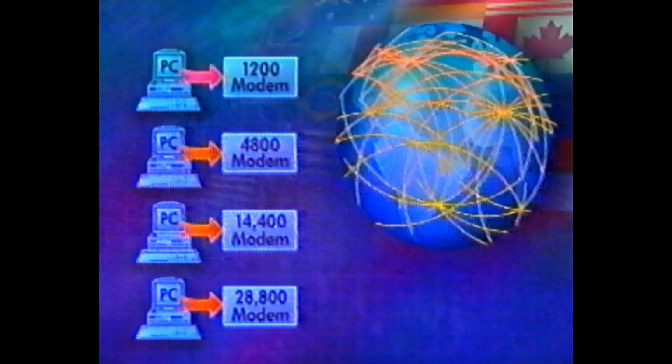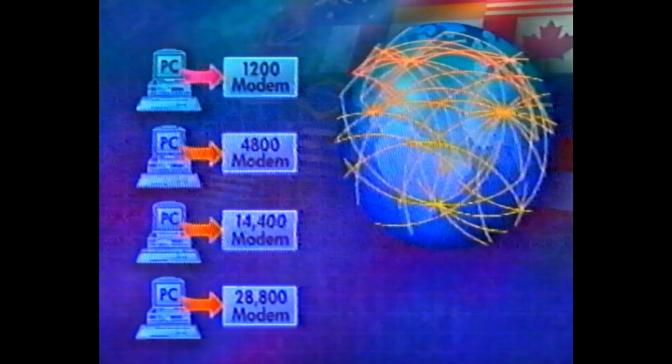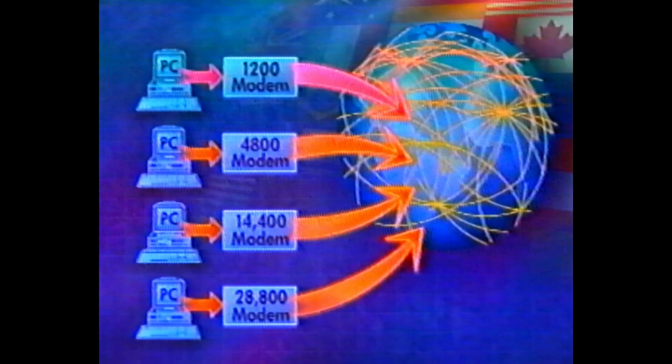We need a modem to connect to the web. How fast our modem can convert information between the web and our computer will determine whether we have to suffer long, excruciatingly slow jumps between web pages, or whether we have the ability to leap around continents with lightning speed. Modems come available in several different speeds or baud rates, 1200 baud and lower on up to 28.8. The baud rating on a modem indicates how fast it can transfer data.